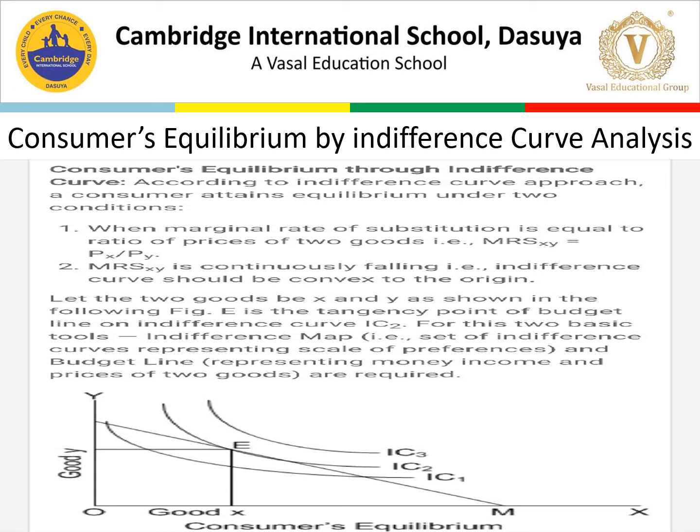So what is that? That will be the consumer's equilibrium point. The money I am spending and the satisfaction I am getting by buying those commodities with my money will be the consumer's equilibrium point. The stage of rest, we can say, for the consumer. The mind of the consumer is at rest after spending money and getting proper satisfaction.